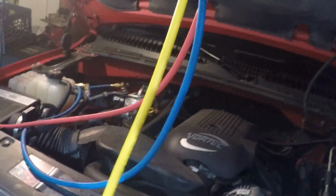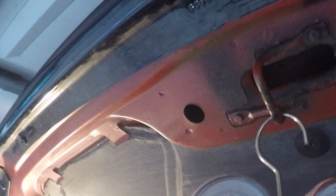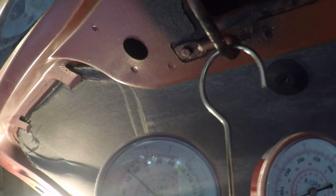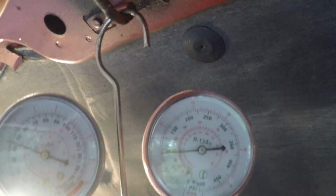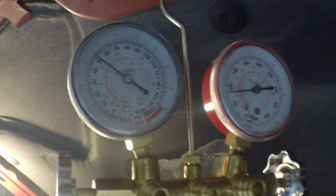I don't know what that compressor's supposed to sound like. It sounds horrible out here, but maybe it'll get better. Pressures are... Oh, actually they're climbing. Wow. 60 and 100. Wow. That is a pretty good climb. This is the oil. I'm not sure what that's about, but...